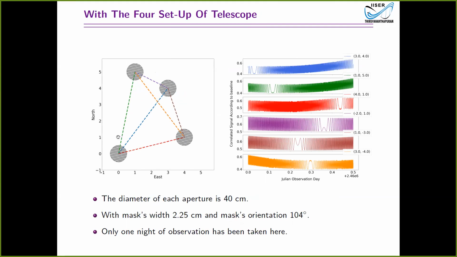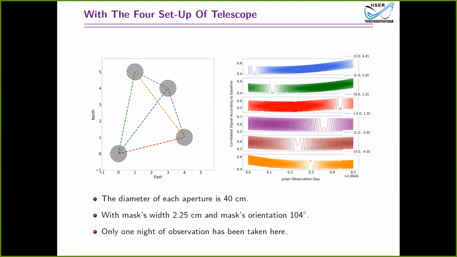Also, this telescope's aperture is just representative; it's not a correct 40 centimeter diameter. So we are assuming all parameters of each telescope are equal, and that means each telescope has 40 centimeter of diameter, 2.25 centimeter of masking width, and 104 degree of orientation. We see the signal related to each baseline here, and also we see that the signal strength is